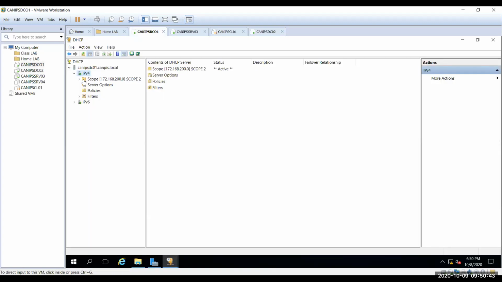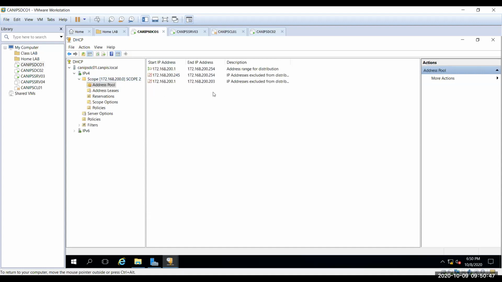Here, let's look at the address pool. Yes, so this is fine. Your split scope is working fine. I mean, it is configured correctly. Yes, sir. But this one is a simple scope, right, sir? That one is a split scope. Oh, okay, hold on. Yeah. So simple scope means one set of IP addresses. Which means, sir, that if I create just a simple scope, that will be from